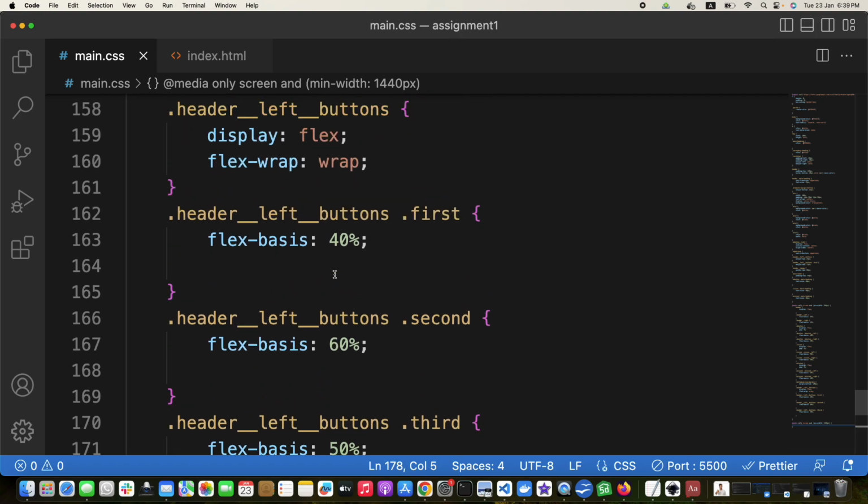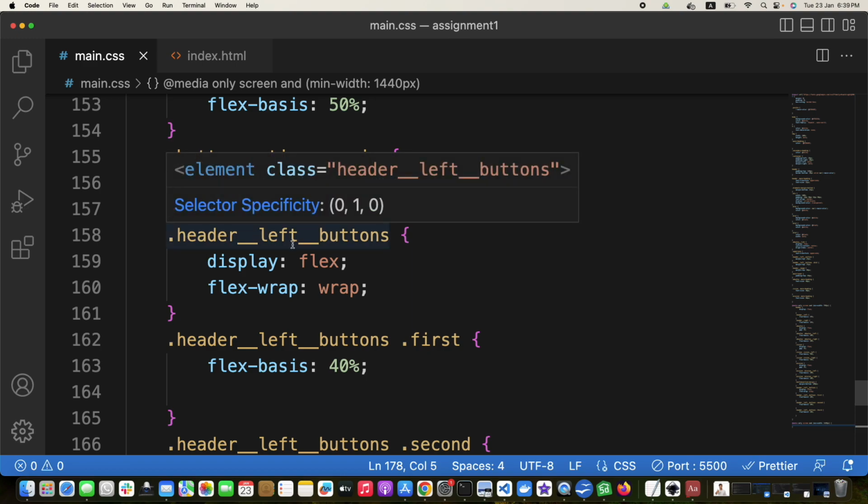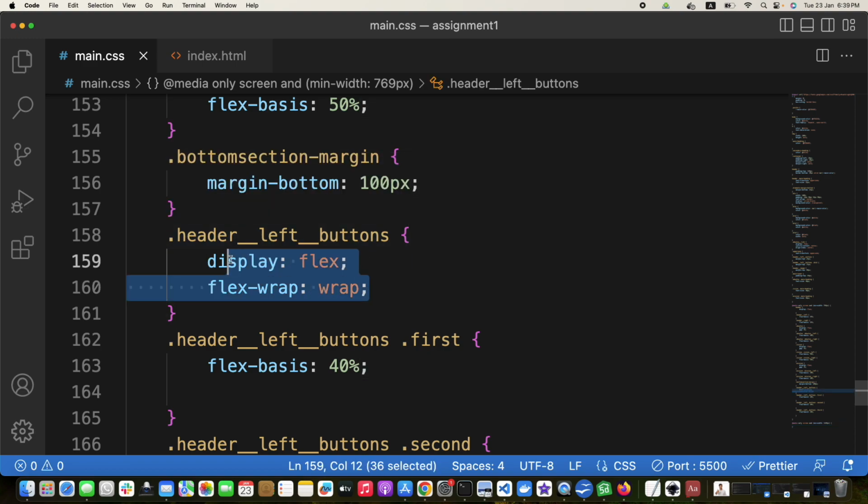Above header. So this one, header left button. Yes. Okay, so this is what I wanted to say. The classes here are header left button, so we don't need to redefine them because they are already in the min-width 769 query. So it will already apply to the desktop also. We just need to copy the class,